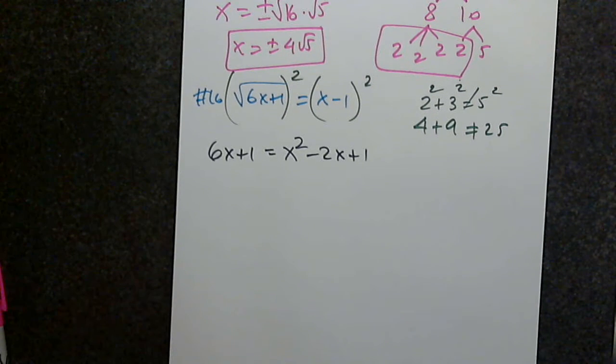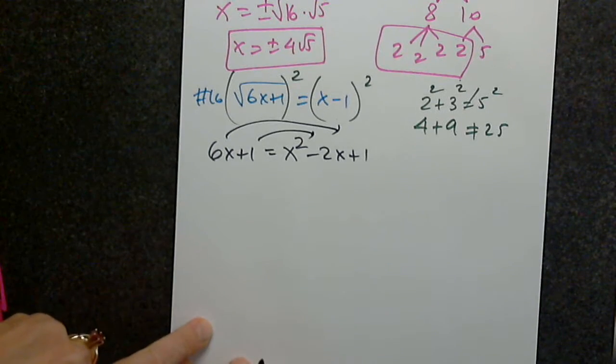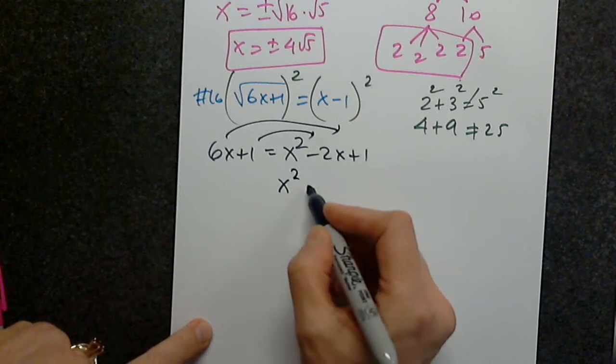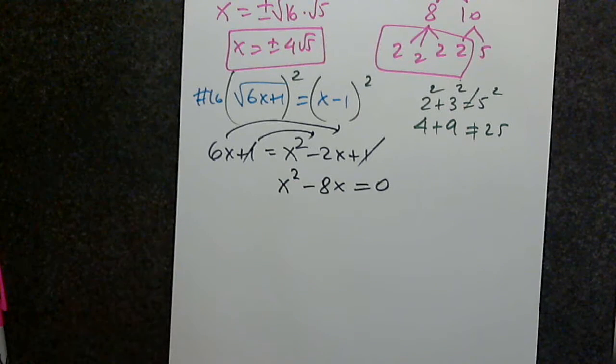You can subtract the 6x. Yes, I move these two terms to the other side, of course. So I have x squared minus 8x, and these two go away, set equal to 0. If you ask me to choose from any possible quadratic equation, I would always choose this one without the free term. That's the easiest possible quadratic equation. Why? Because I will pull out a